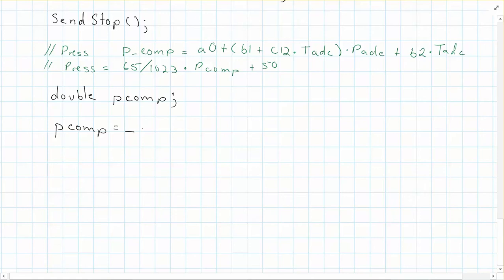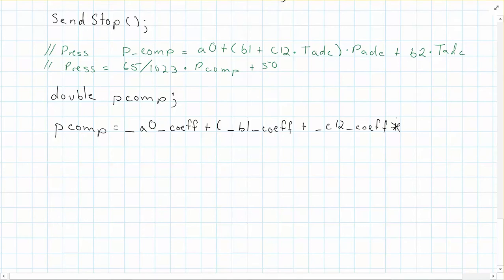Now remember, you have to use the correct names we had here. The way we had named these was underscore A0 underscore coefficient plus underscore B1 underscore coefficient plus underscore C12 underscore coefficient